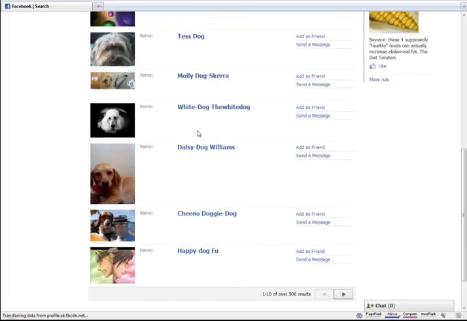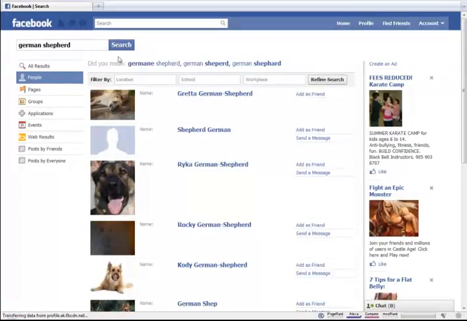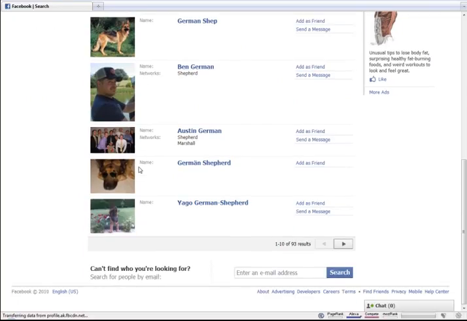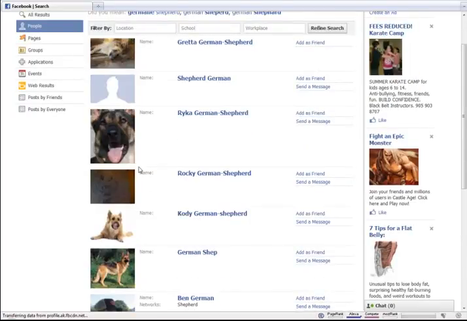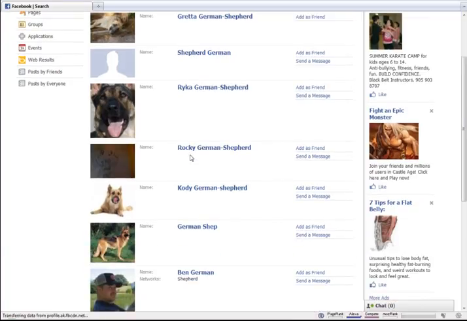Yeah, see, these ones are all still showing dog. Let's try, just going to try a breed of dog because that should hopefully get rid of that. Boston German. No, see, it's still going to show. Looks like people have Facebook pages actually set up for their dogs. Okay, so